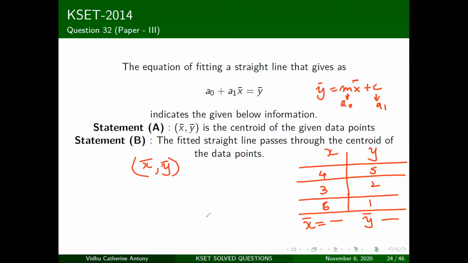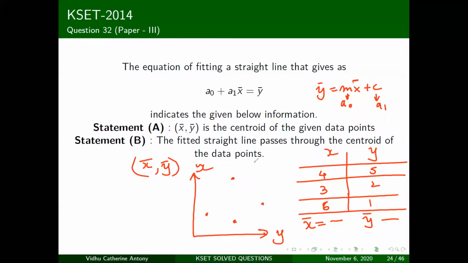Okay, so these points are going to be here, here, here, everywhere, once you plot them in your x and y axis. They're basically called scatter plots when you don't draw a line between them. So x bar and y bar is the centroid of the given data points, or your scatter plot. Okay, that's the first statement.